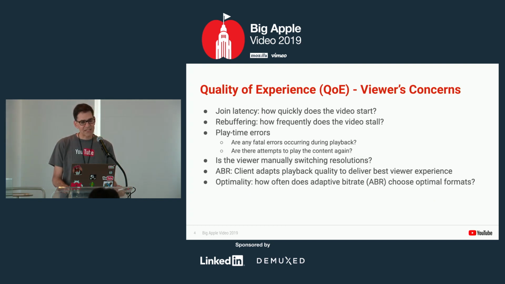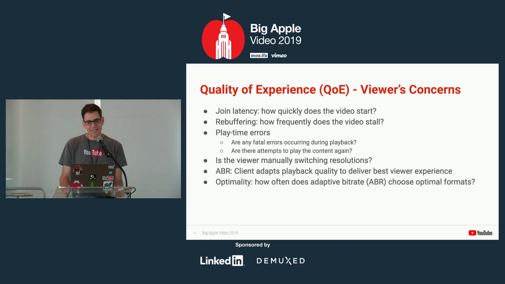At YouTube, we're very concerned with our viewers' quality of experience, and we gather a lot of data to be able to verify that we're providing a great viewing experience. Here are some of the metrics that we collect. Join latency is a measure of how long it takes for playback to start. Nobody wants to wait 20 seconds for video to play, and ideally that delay is as short as possible. We gather data on join latency to detect problems and track our progress at making continual improvements.